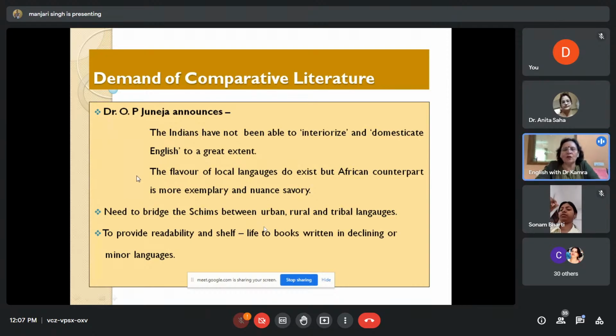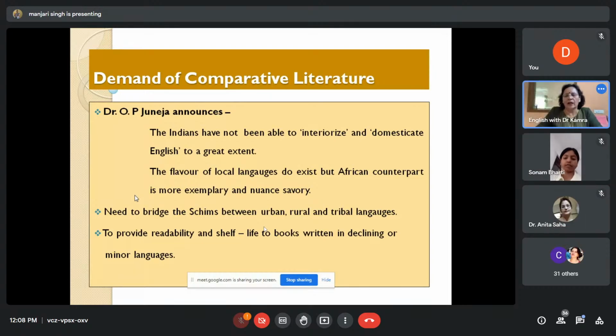So, like Africa, what does India need? India needs to accumulate its regional and dialectal narratives, which are spread sporadically, to strengthen national identity, to create a space for it, as well as to establish its existence. For example, we have a number of rituals, and with those rituals, some songs are also connected. These are your folk songs.